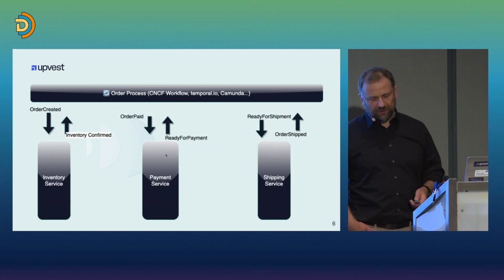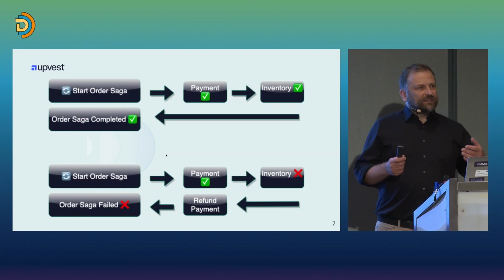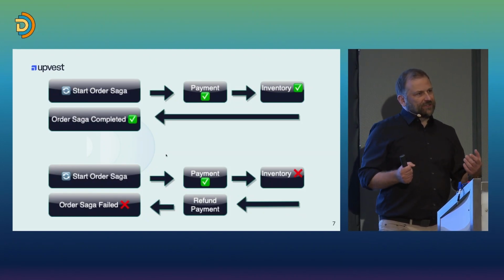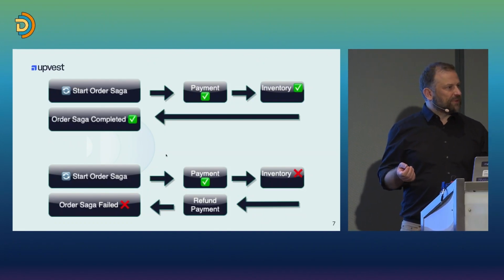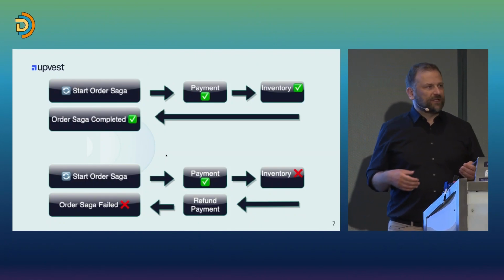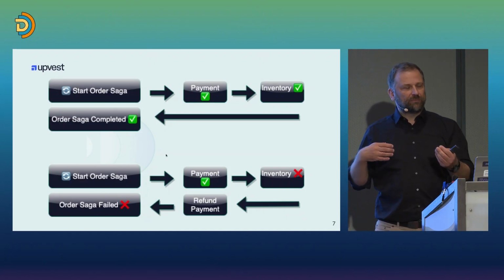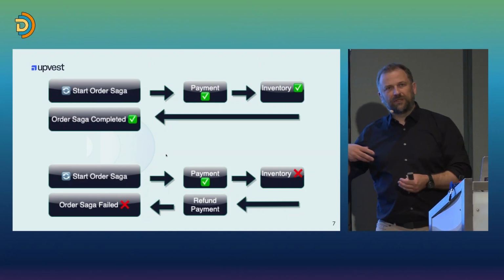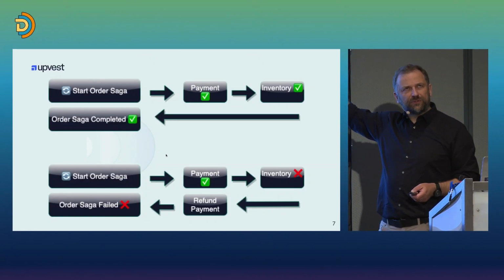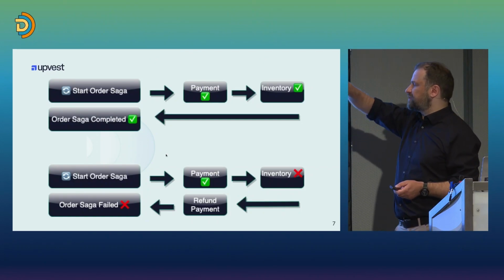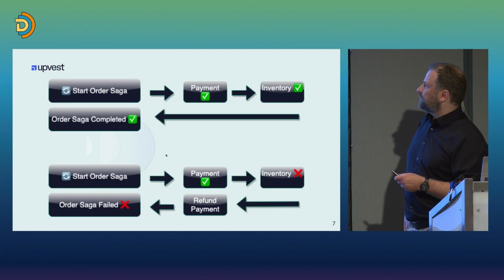So very fashionable among microservice people. It basically gives you an all or nothing in a distributed system, right? The idea is that we said we have two conditions that have to be met, the payment and the inventory. So the saga is completed when both conditions are met, or if one of the conditions is not met, it will do a compensating action. It's not different from using workflows or your own service. It's just a pattern in this, right? But it's so popular and people come across this so often, I thought it's worth mentioning it.